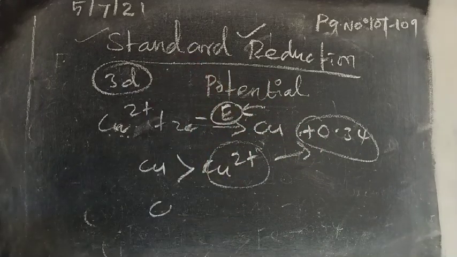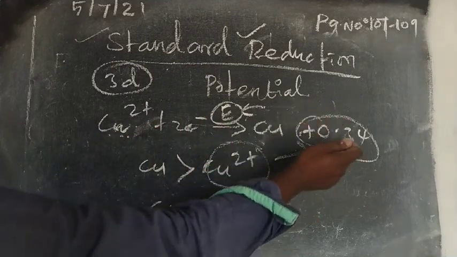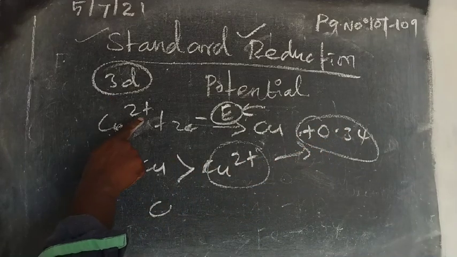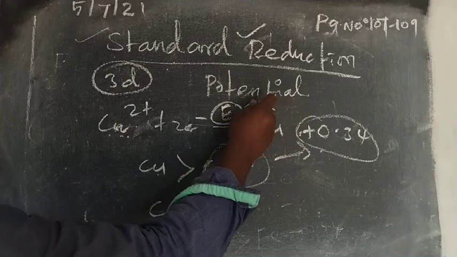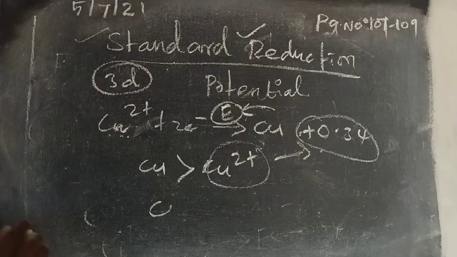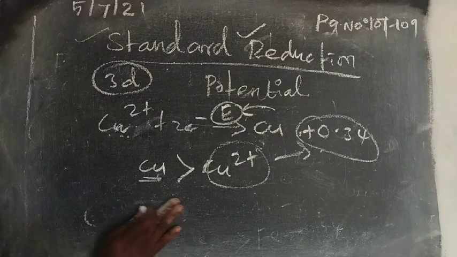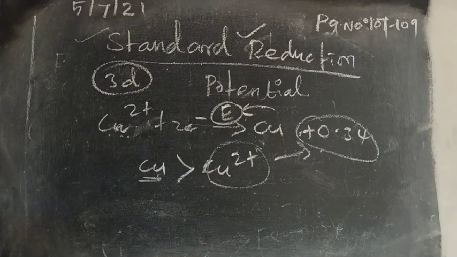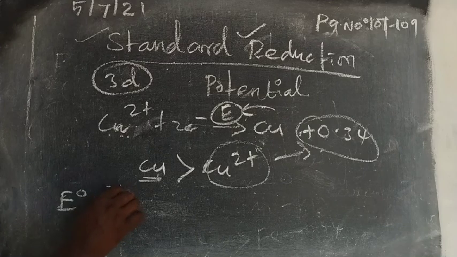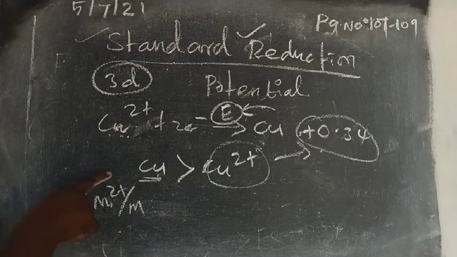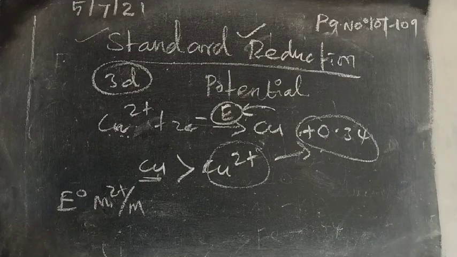Now all the remaining are negative, so they liberate some energy for this reaction. But for copper alone, for the transformation of Cu2+ to copper, we need to supply energy. From that we can understand that elemental copper metal is more stable than copper 2+. There are two deviations. Generally, consider the standard reduction potential of M2+/M. That means the 2+ cation is reduced into metal.